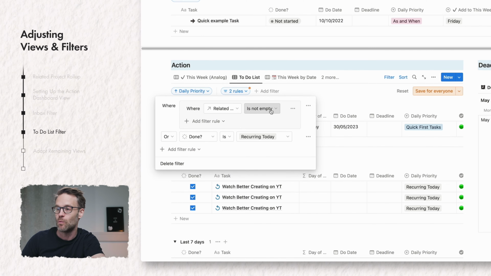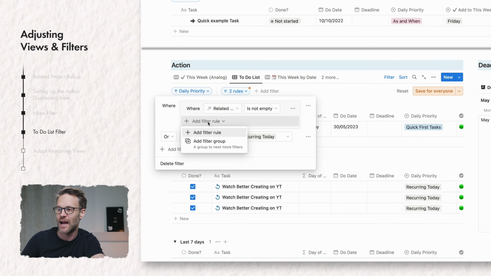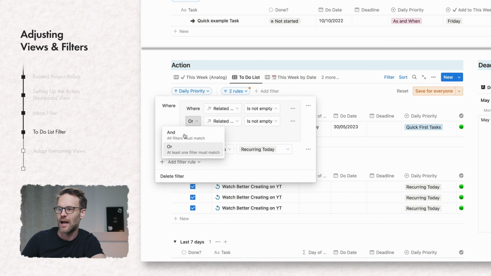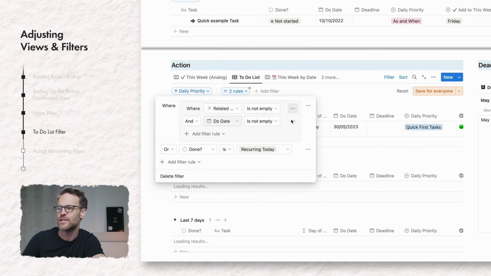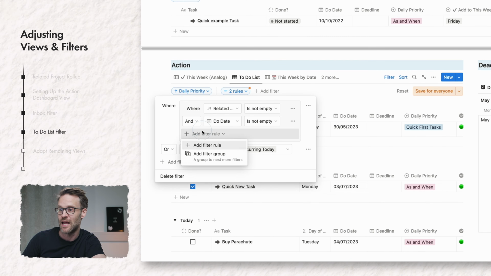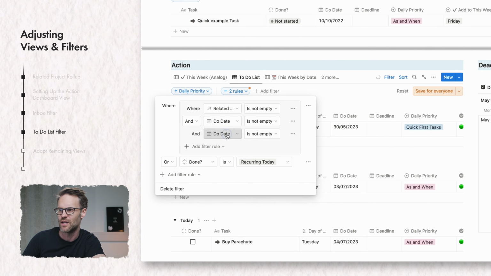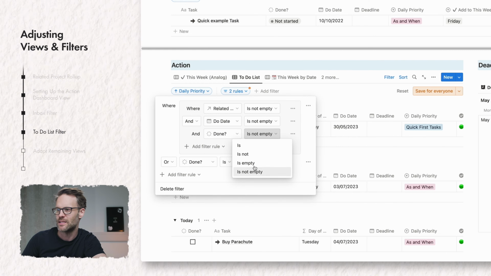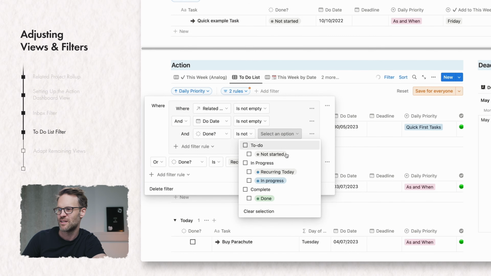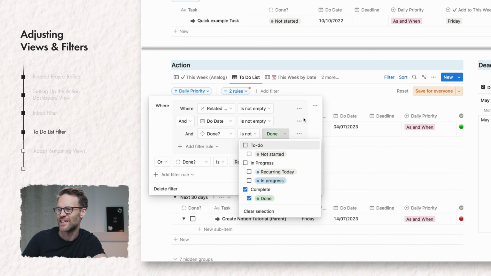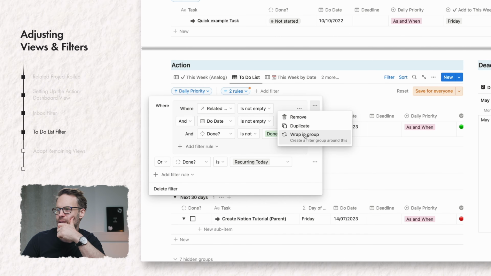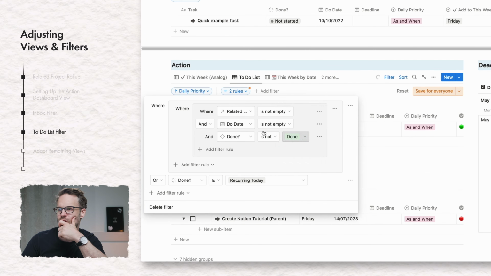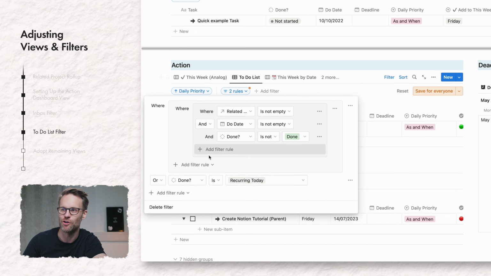Great, so we've got where related project is not empty, we're going to add another, and where due date is not empty, and add another filter where done is not complete. There you go. I'm going to do wrap in group, so that becomes wrapped in another group, and then